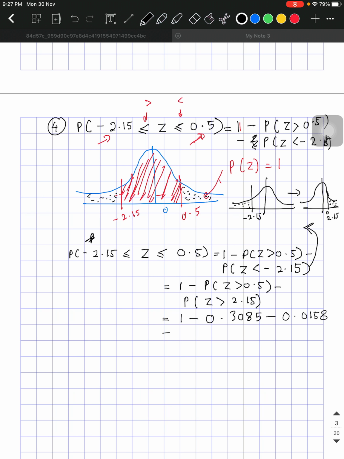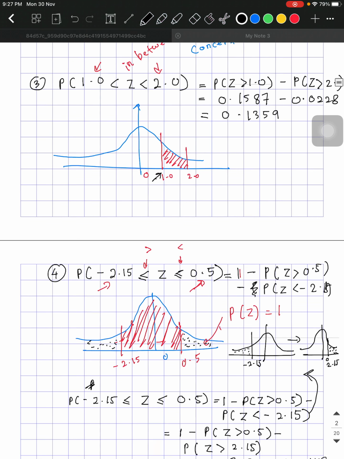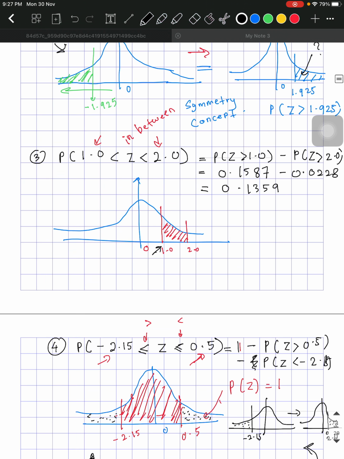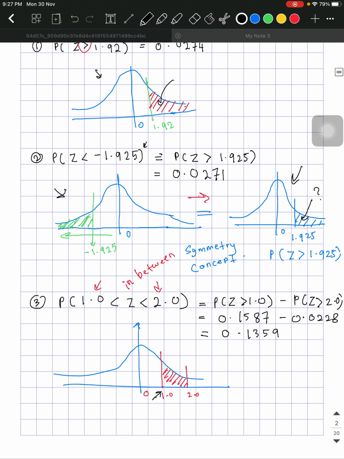So, use your calculator, and the answer is 0.6757. So in order to prevent mistakes when you need to use the normal distribution table, please remember to always